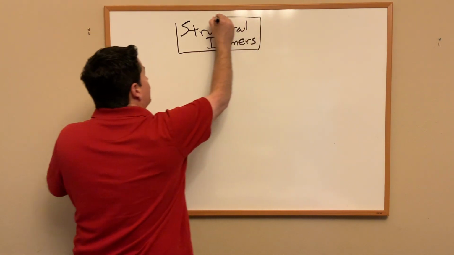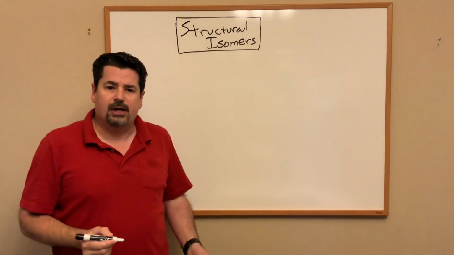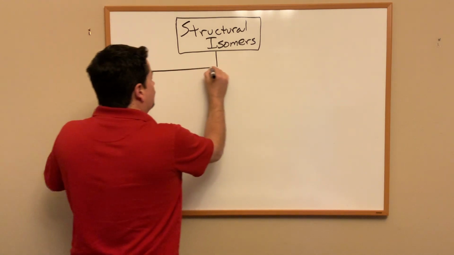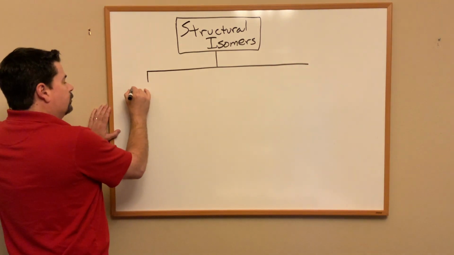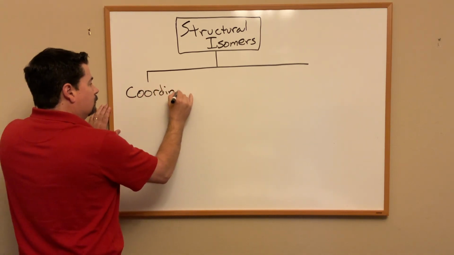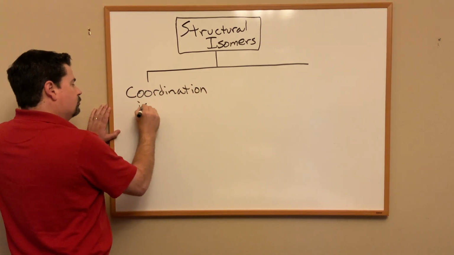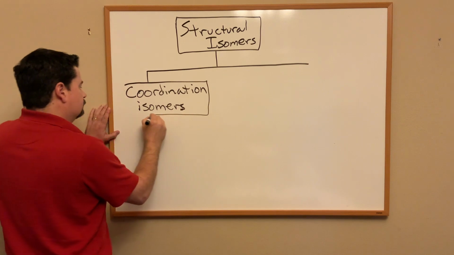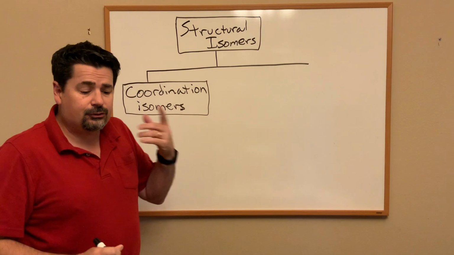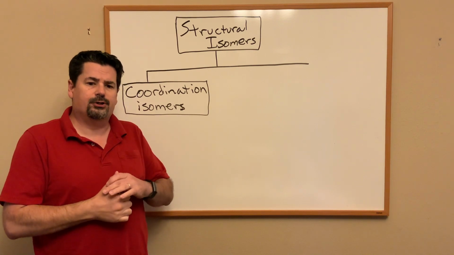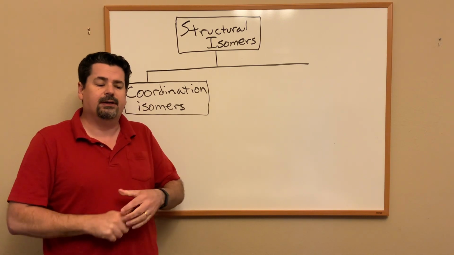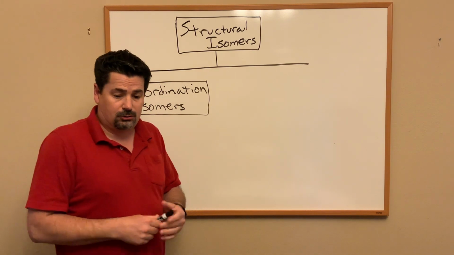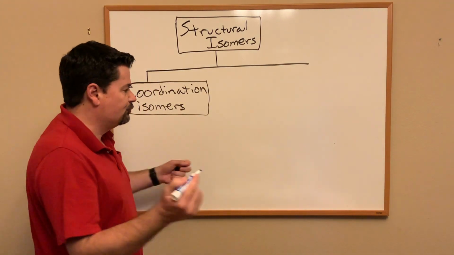All right, so this was that left-hand branch of that diagram. Now, one type of structural isomer that we have is what we call coordination isomers. And if you recall, when we have a coordination compound, we have a complex ion and then counter ions. The stuff within the complex ion is called the coordination sphere. So we could have, just as an example,